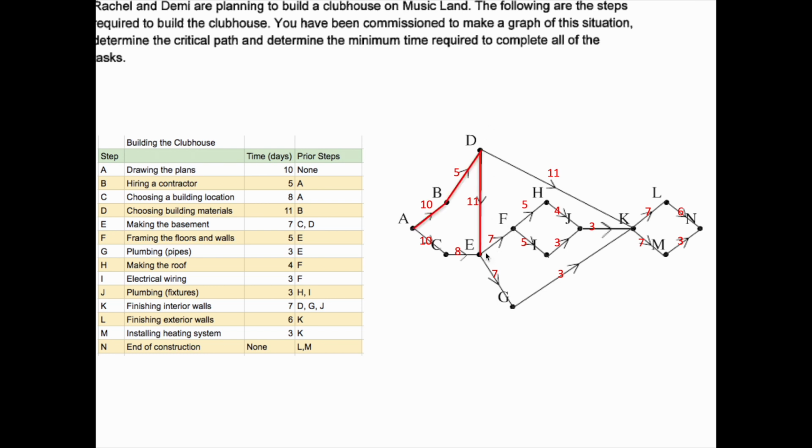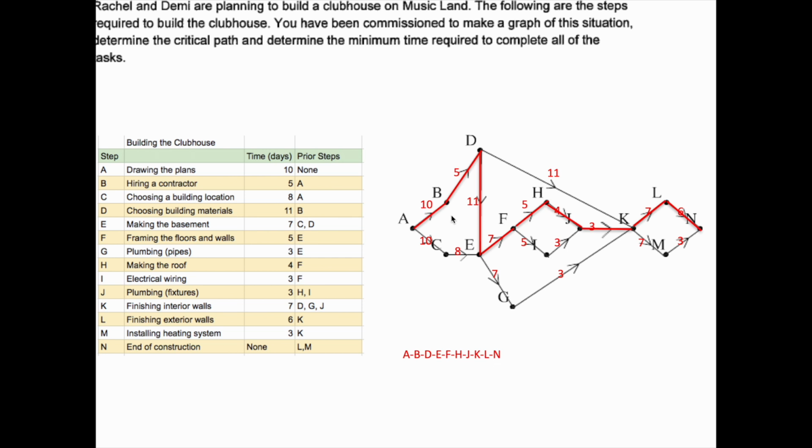Then I can go from the 7. I want to get to 7, 5, and I want the most expensive way possible. I'm going to go 7, 5, 4, 3. Then to the 7 to the 6 as opposed to 7 to the 3. I went from A to B to D to E to F to H to J to K to L